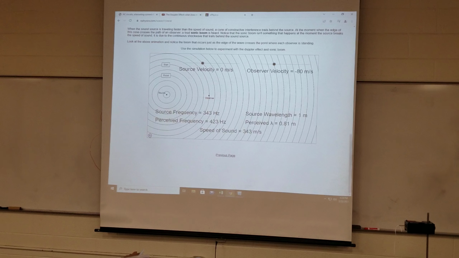Okay. And the observer, if you work through the math, if the observer is heading towards the source at 80 meters per second, that's one frequency, but if the source is moving towards the observer at 80 meters per second and the observer is standing still, it's actually going to be a different frequency that's being heard. It doesn't matter which one is moving. And the math bears that out, but beyond the scope of 110. But there's a video on